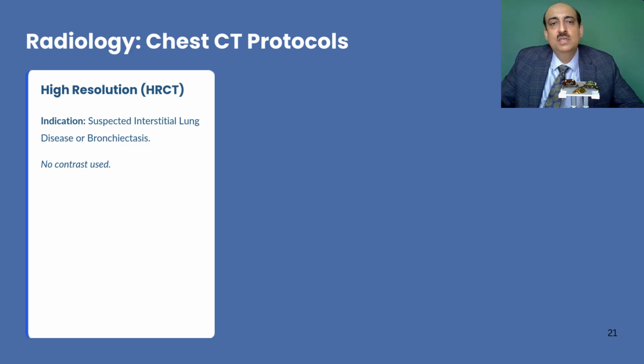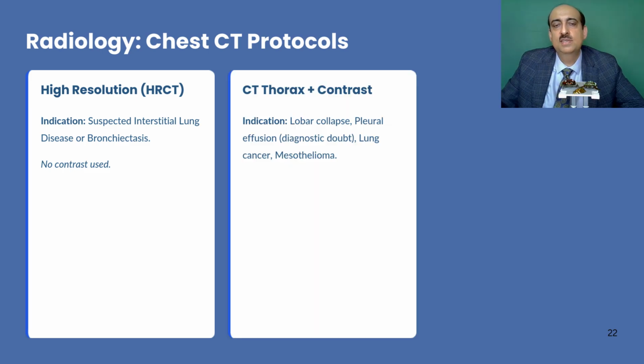So, chest CT protocols. First of all, HRCT is indicated for conditions like interstitial lung disease and bronchiectasis. The advantage is that no contrast is needed, but the disadvantage is that it's not useful if you're suspecting lung carcinoma, a lung mass, or a lesion. While CT thorax with contrast will be used for this particular reason, if you're suspecting underlying lung cancer